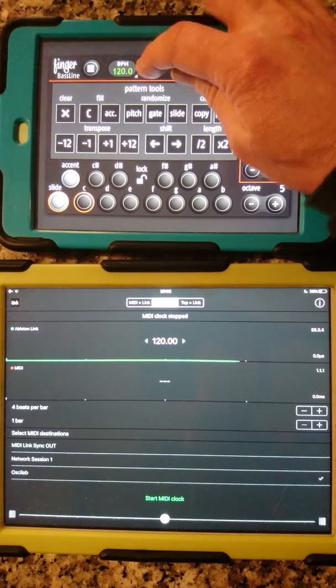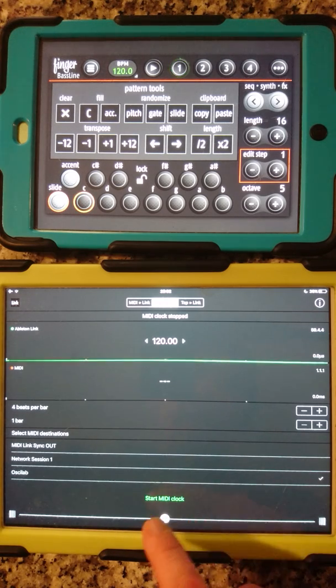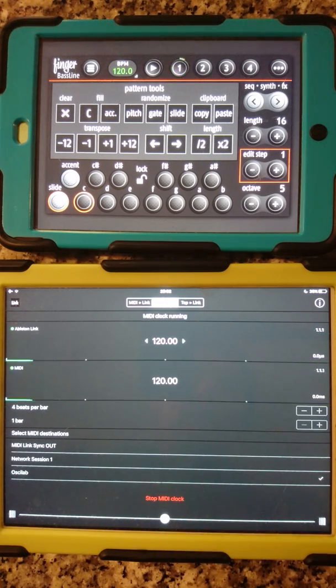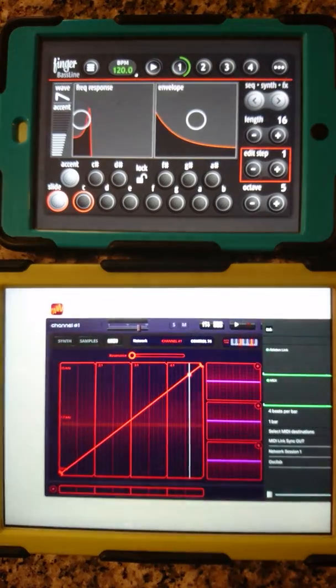Okay, Bassline, here we go. And then I'm going to start the MIDI clock on MIDI Link Sync. And immediately, if I go over to the synth parameters, you can see them moving. If I go to Oscilab,